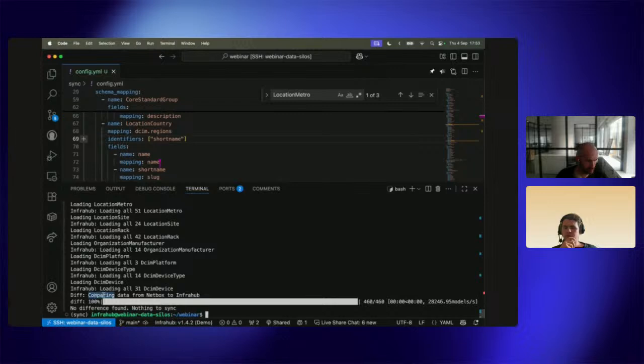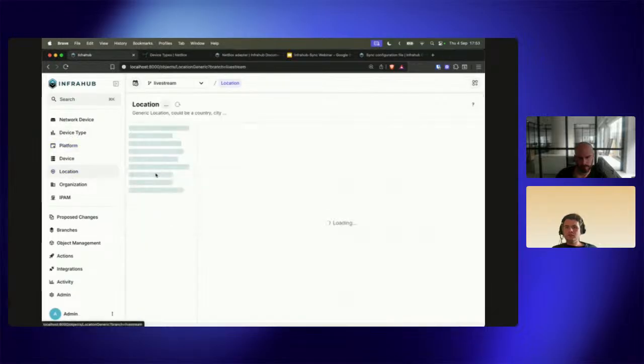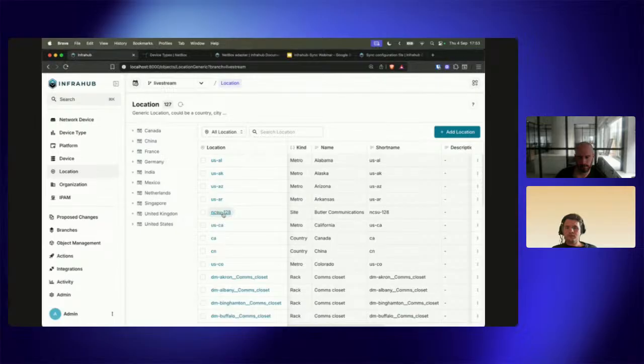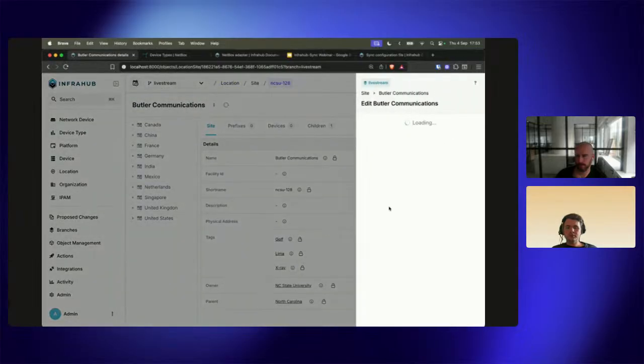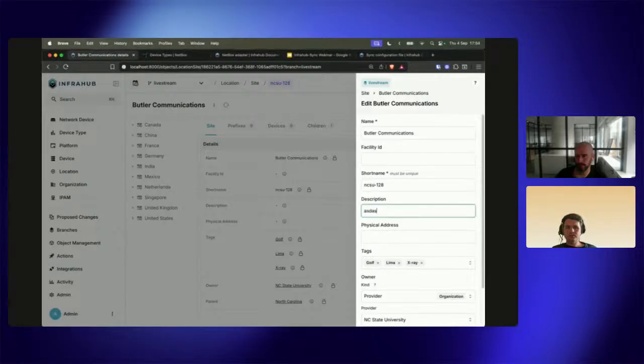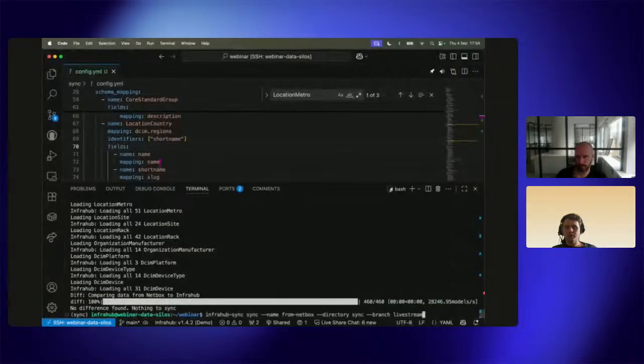There we go. It says there's no diffs now between the two platforms. So it's synchronizing one-to-one and it's in sync. If we change any data for any reason, so if I go into here, let's go into this one here and we change the description, for example. Let's put something in there. And then I won't do the sync, but if I do the diff,